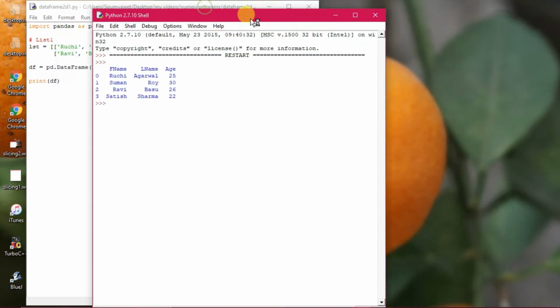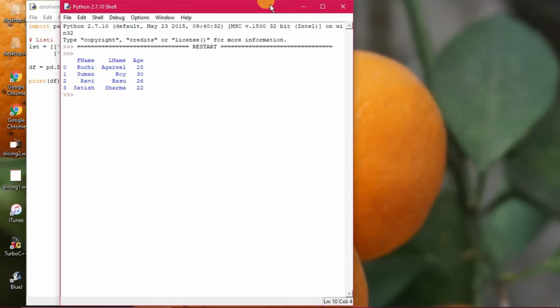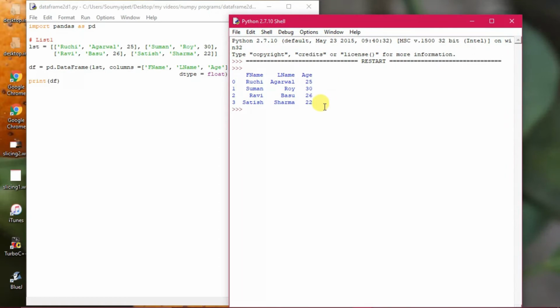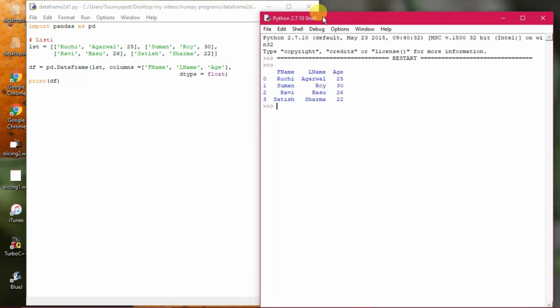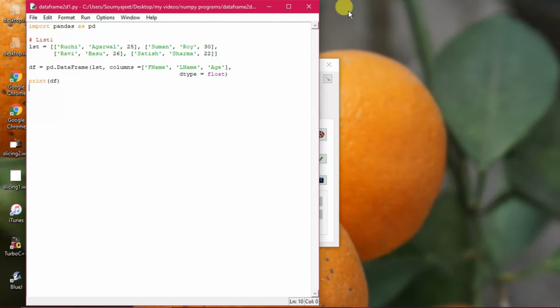So as much as possible you practice, then you will become perfect in creation of the data frame and you will be very confident to create the data frame in this way. So this is also a similar program where the row and column names have been used and the indexes also have been used out here, 0 1 2 3. Unless you mention any index, it is not shown, as we have seen in the series command of data frame. So lst is the list object and the rest of the things remain the same as we had seen earlier. So this is also a data frame creation example.